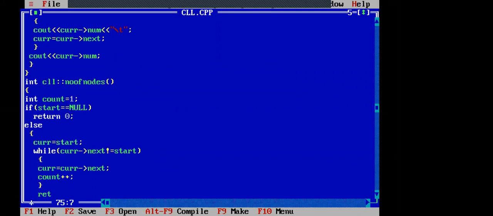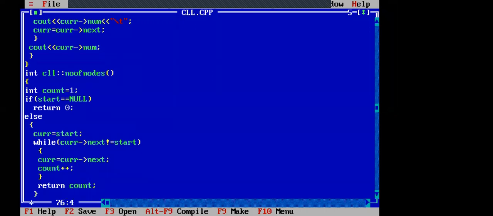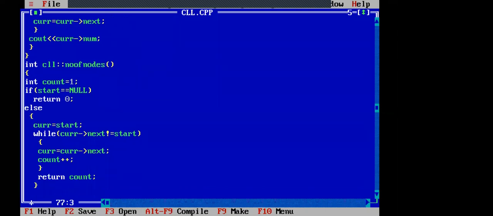Return count. So this is the module to count the number of nodes in the list.